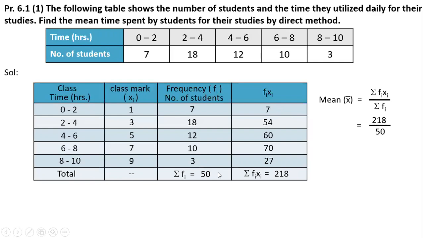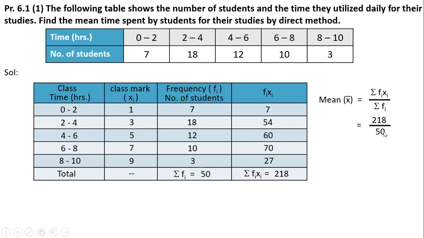Now students, you can divide it directly. You can cancel by 2. You can go in the rough column and divide 50 by 2. But there is an easy method to divide, especially when it is 50 or any number which can be converted to 100. I know division by 100 is very easy. And I know if I multiply 50 by 2, the denominator becomes 100. So the division becomes easy.